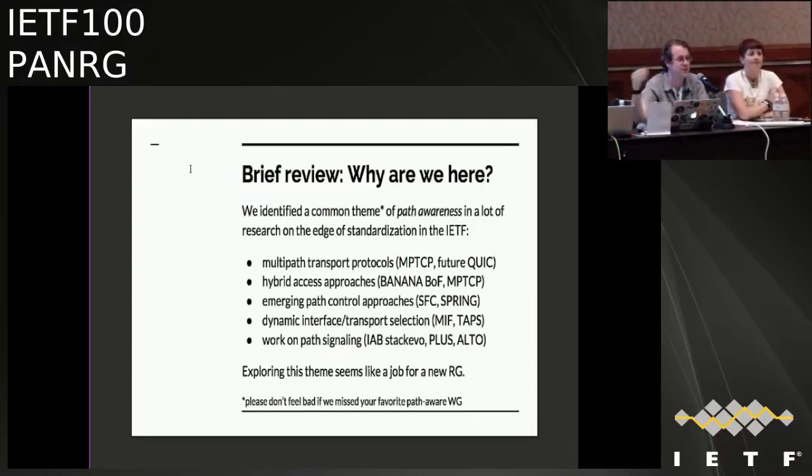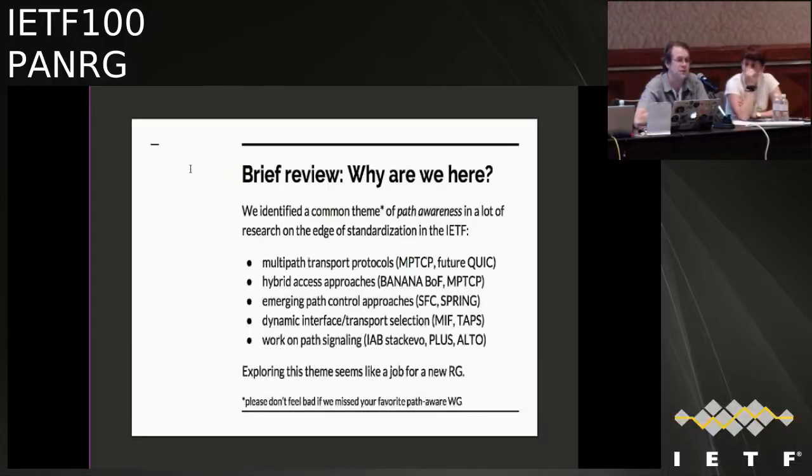So that's not what QUIC is working on. They're not working on multipath right now, but that is a future development. Hybrid access approaches, path control approaches, dynamic interface and transport selection, and then path signaling work. So the fact that there's a lot of this work and nothing like an architecture or a framework around how you would put it together,